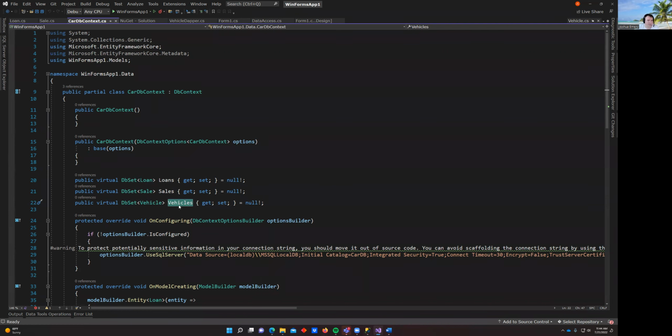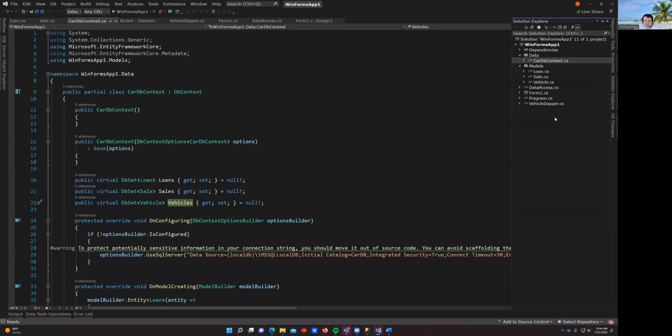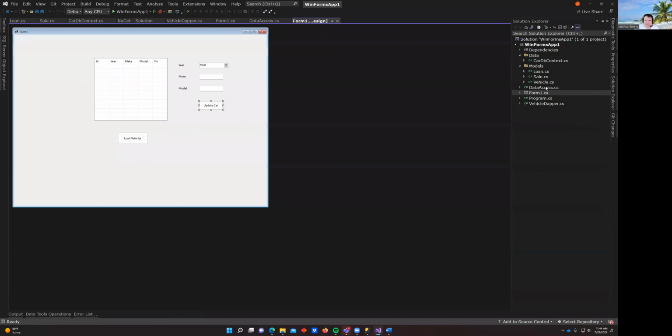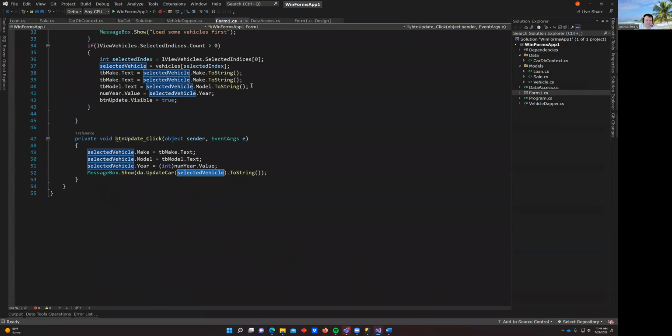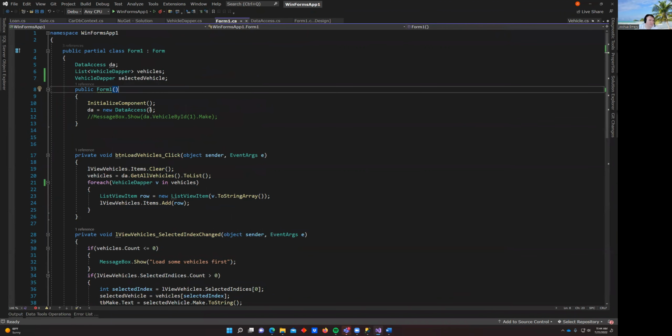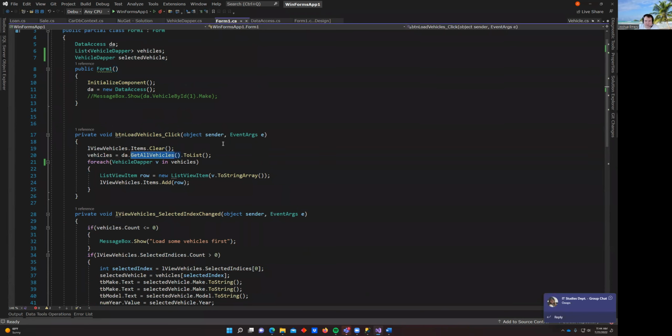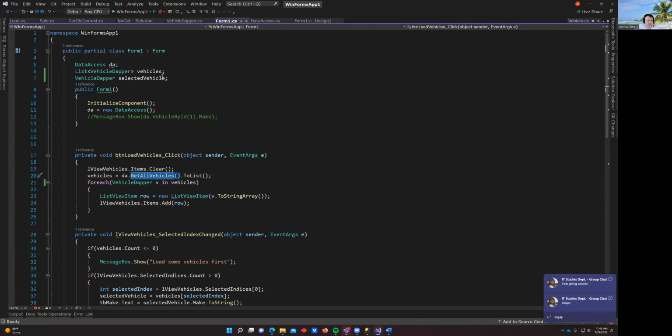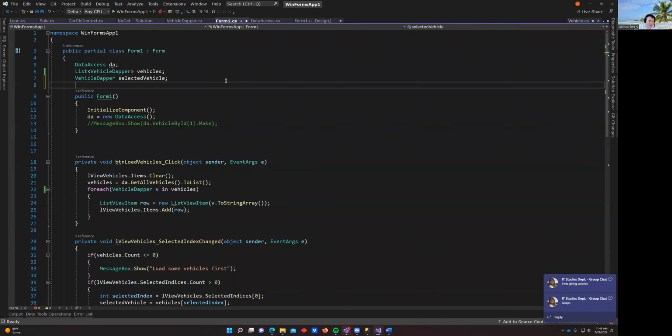So inside of this CarDbContext, we have access to something called vehicles. Let's go ahead and try to use this, and see how different that is from using our Dapper application that we had previously. Okay, so before, we were calling methods like GetAllVehicles. This is our Dapper object. But now with Entity Framework, what I can do,